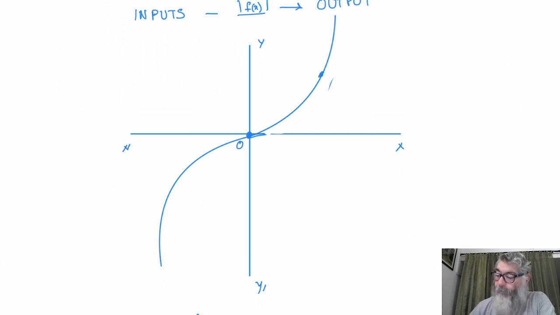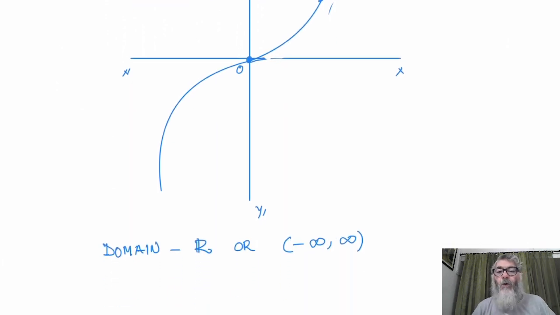It is the set of real numbers. It is also represented as minus infinity to plus infinity. On infinity, whether negative or positive, the bracket will always be an open bracket. It will be an open interval. It is always an open interval. It's never going to be a closed interval. On negative infinity or positive infinity, the interval will always be open, or you simply write it as R.